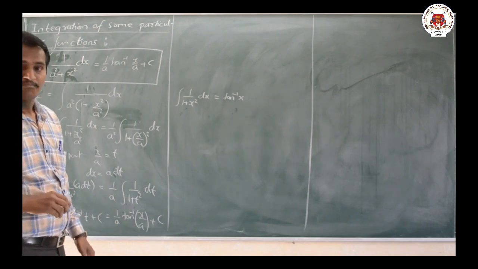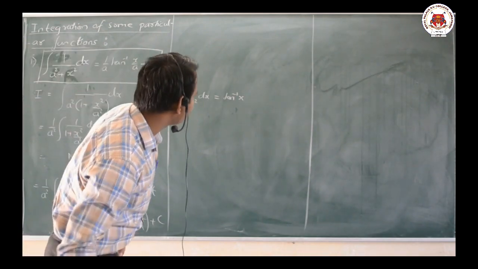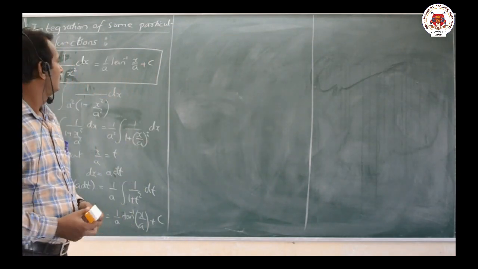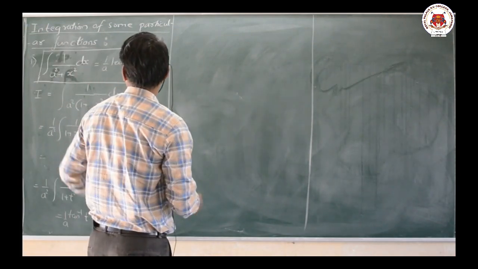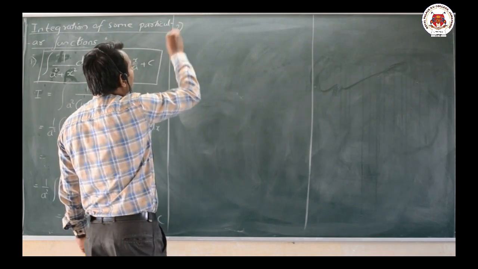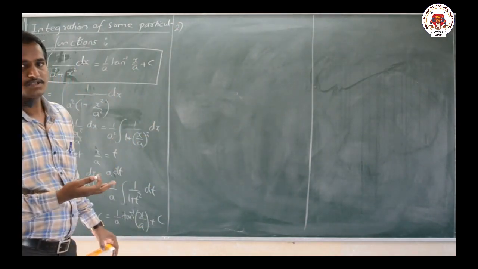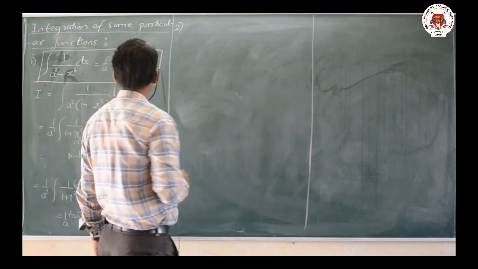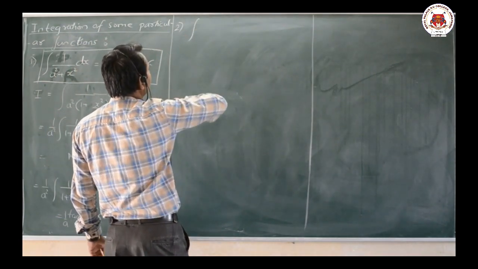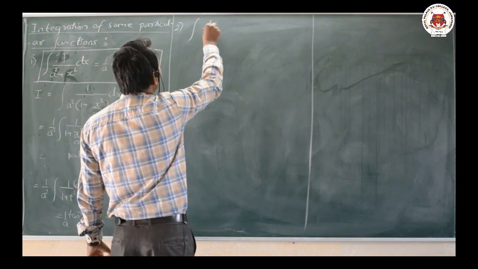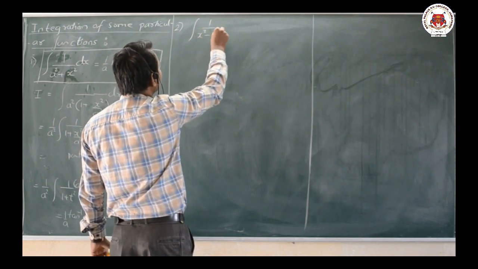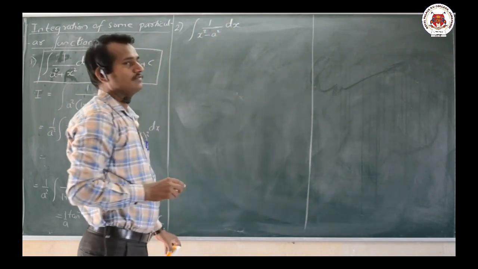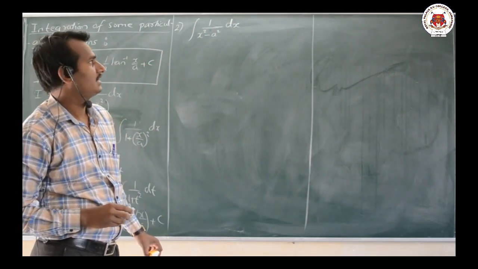It is a very important formula. There are nearly up to 9 formulas of the same kind here. Now we shall move to the second problem. The second derivation is, first of all we shall prove all the derivations, then afterwards we can move to the concerned problems. Second problem, that is a derivation: integration of 1 divided by x square minus a square into dx. Integration of 1 divided by x square minus a square dx.